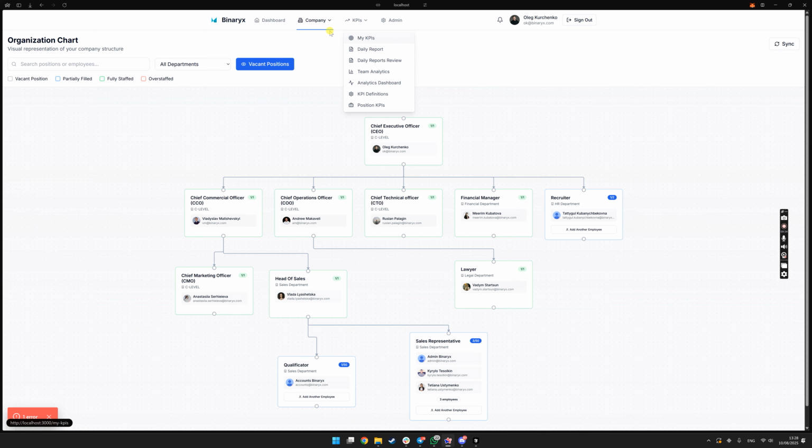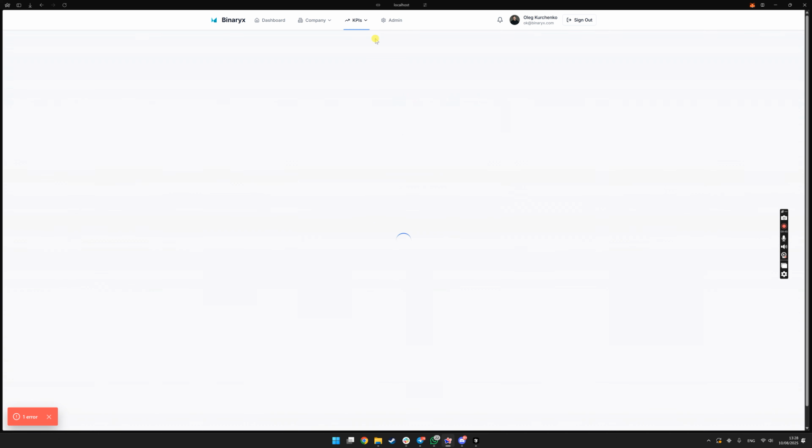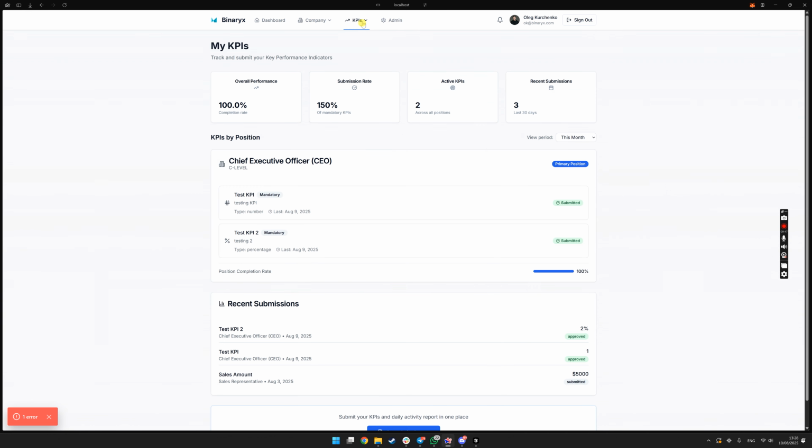And of course, this is a pretty comprehensive system to manage the departments, employees, positions, like an HR tool, and also a KPI system for the employees, where people can report about their KPIs and how they are performing. Later I plan to add some additional AI tools and playbooks for each position, and structure all of that information about how the company works, the processes, and so on.